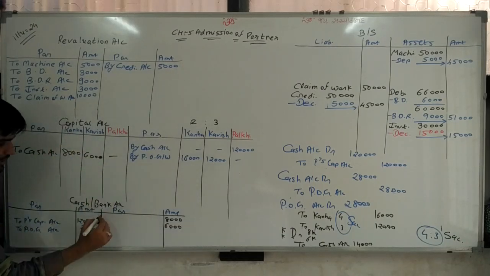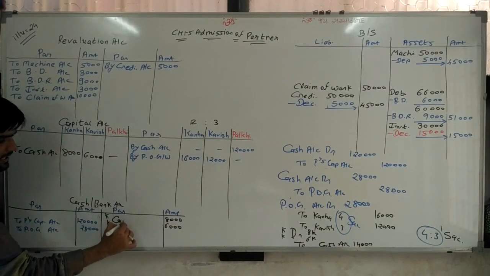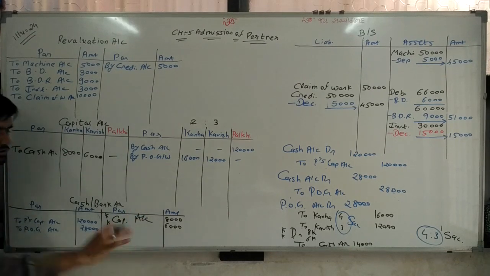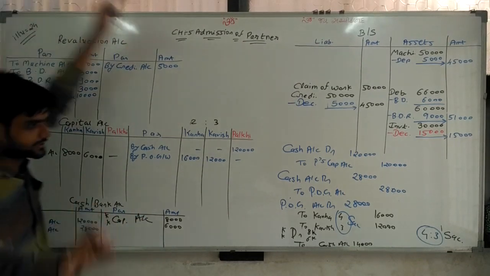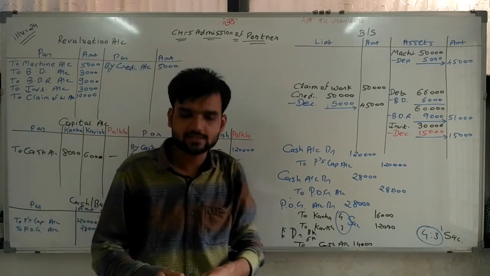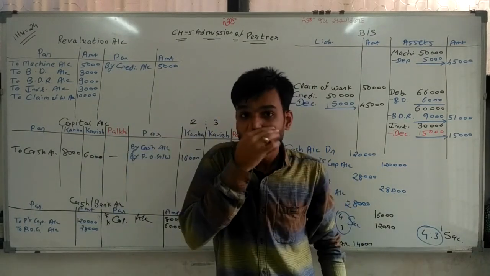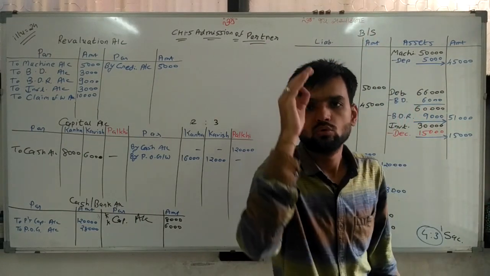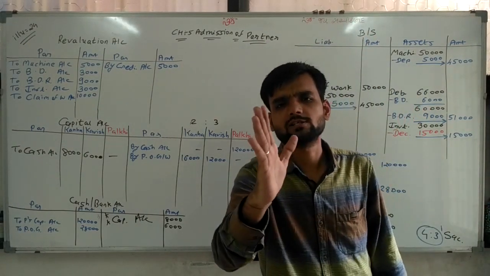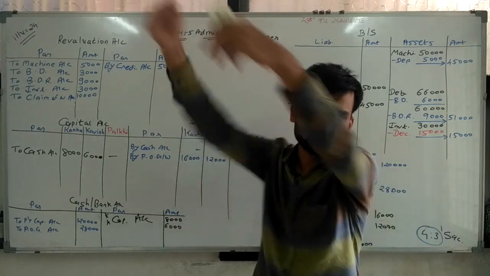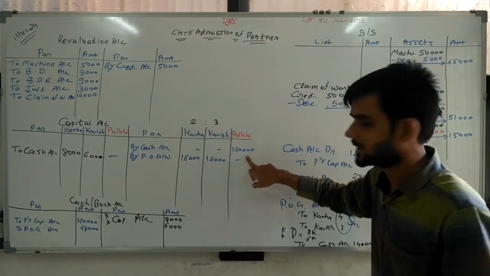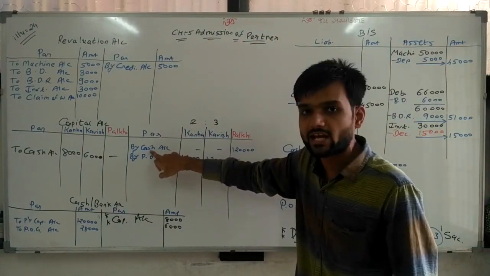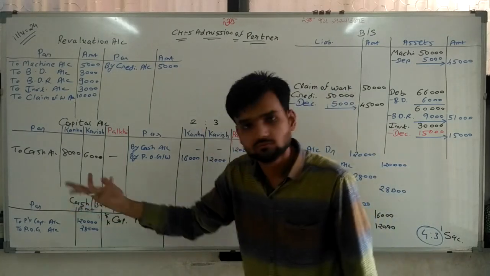Writing the names Kana and Kavisha, capital account. That's it. All the journal entries and ledger posting are done. Without doing the journal entry also, we can do all the ledger posting entries. How? First of all, capital brought, so write down capital 1,20,000. Against it we need to write cash, cross effect in cash account, complete.